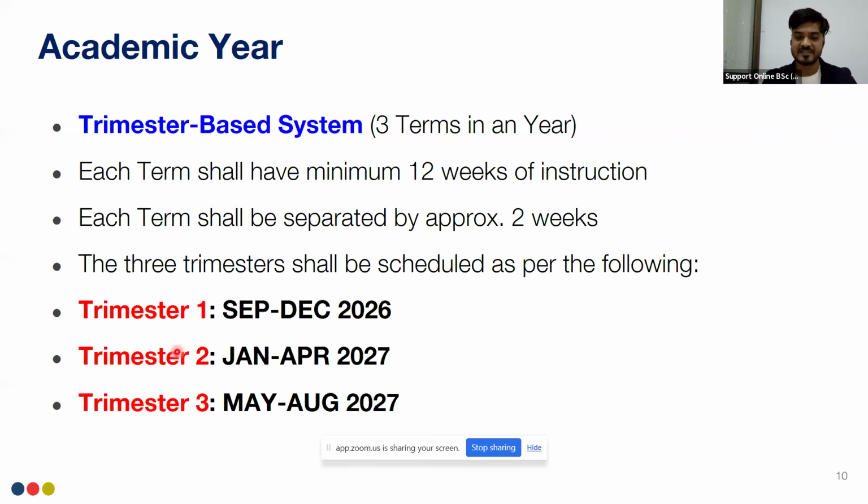So we follow a trimester-based system here, unlike the semester-based system that is usually followed in offline degrees. So there will be 3 terms in a year. Each term will have 12 weeks of instruction, and each term will be separated by approximately 2 weeks. So after a term ends, you will have a break of around 2 weeks before the next